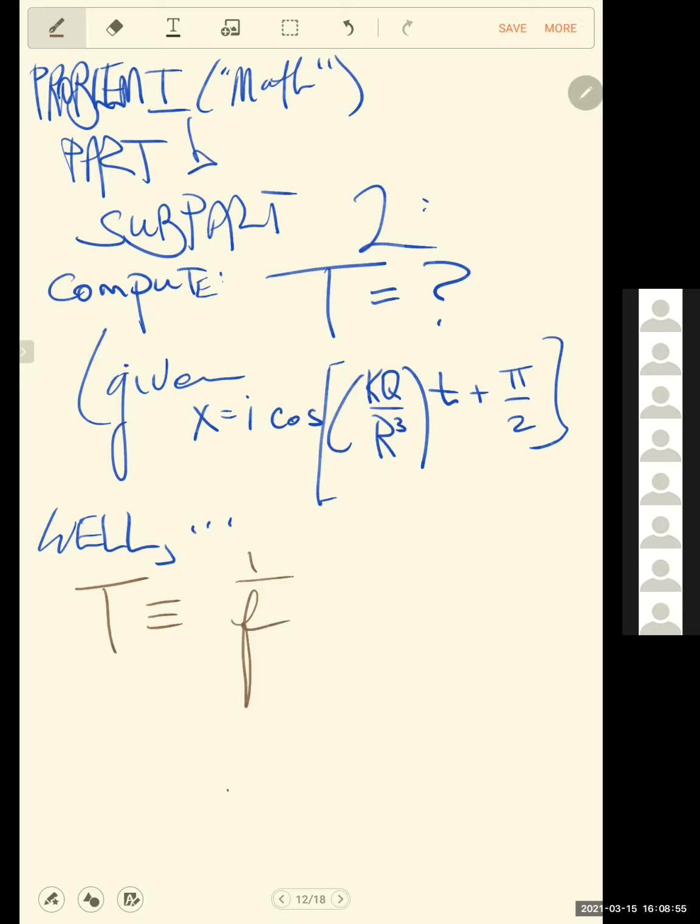The way I know to compute a period, and the reason I believe I am being asked to compute a period, is that it is the reciprocal of standard frequency. Standard frequency is cycles per second, and period is seconds per cycle. And where do I get standard frequency from? Well, standard frequency is merely angular frequency divided by 2 pi, because angular frequency is how many radians you cover every second, and there are 2 pi radians in every cycle. By the way, happy Pi Day yesterday, which is also Einstein's birthday.